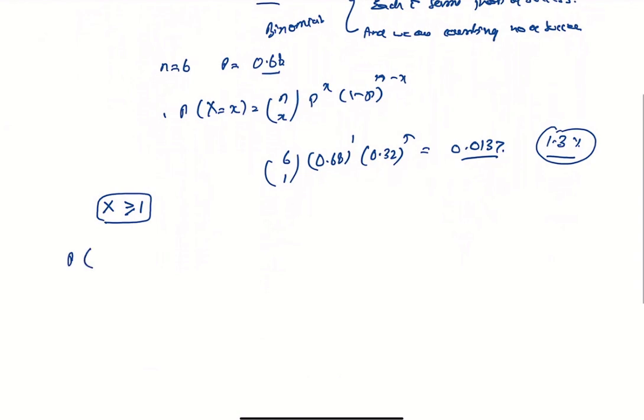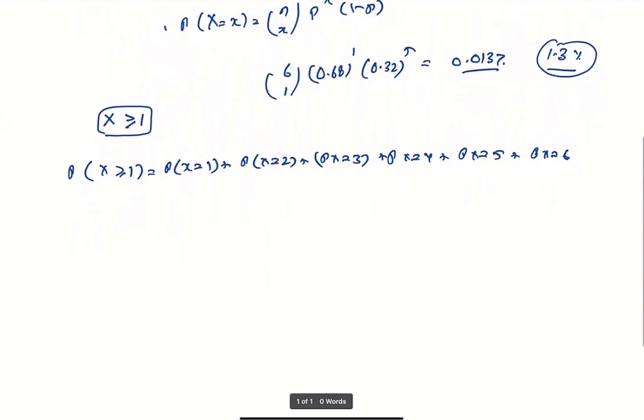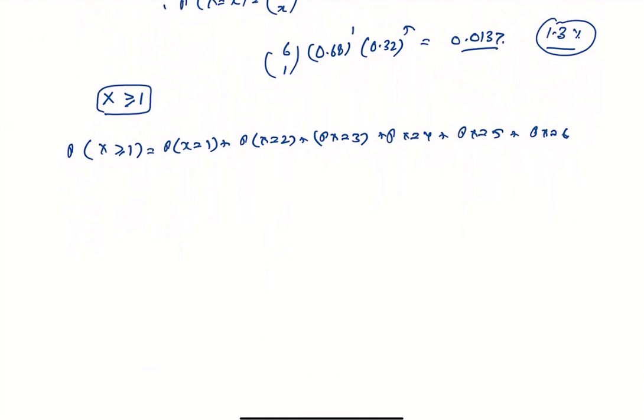So now for probability of X more than or equal to 1, you have to calculate the probability of X is equal to 1 plus probability of X is equal to 2 plus 3 plus 4 plus 5 plus probability of X is equal to 6. We can calculate all of them and add using the binomial formula. But there is an easier way of doing this, because the possible values of X are zero, 1, 2, 3, 4, 5, 6,